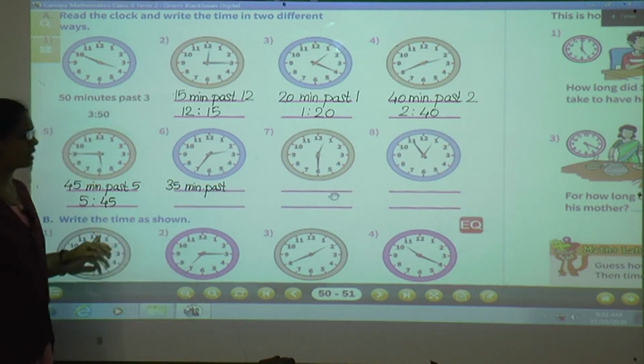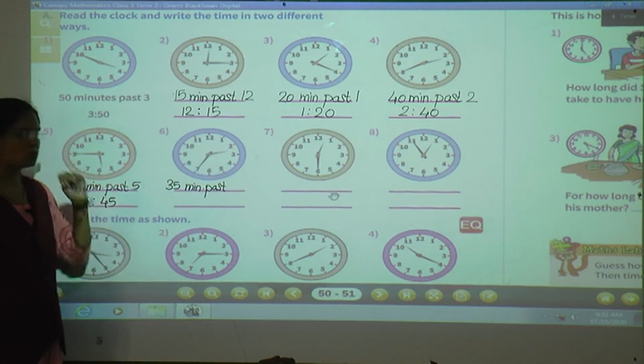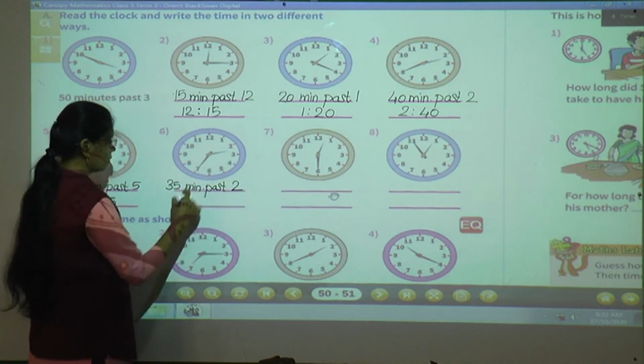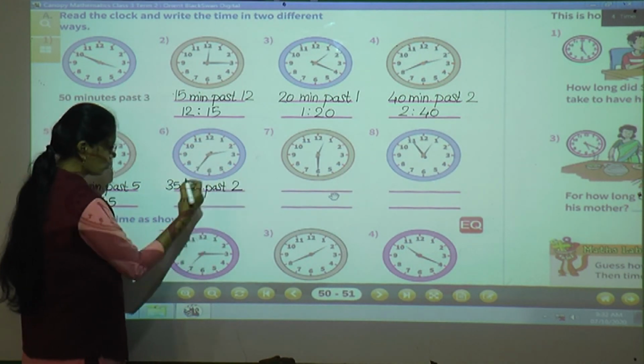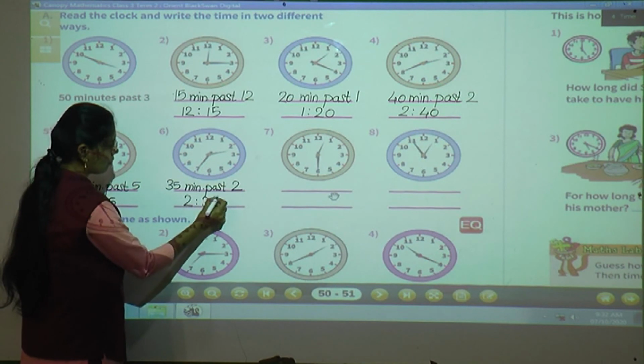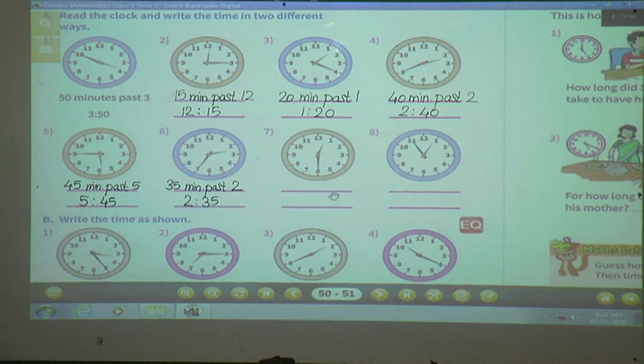Now see, where is the hour hand? It has crossed 2. So here simply we'll write 2. 35 minutes past 2 means 2:35. What is the time? 2:35. Next,